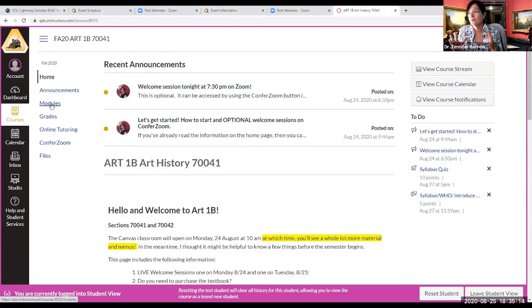But the most important thing as far as accessing quizzes and other material in class is that you go in a certain order. So you want to start out, first of all, you have a to-do list right here. Ignore it, at least initially. It'll tell you you have things to do, but you can't just click on those and do the things, okay? So that's not going to be how you get to the things to do. That's just going to tell you you have certain things to do. So I'm going to go to modules, which is where you should start. Well, you start on the home page, and I'll have announcements and stuff up there. But go to modules,